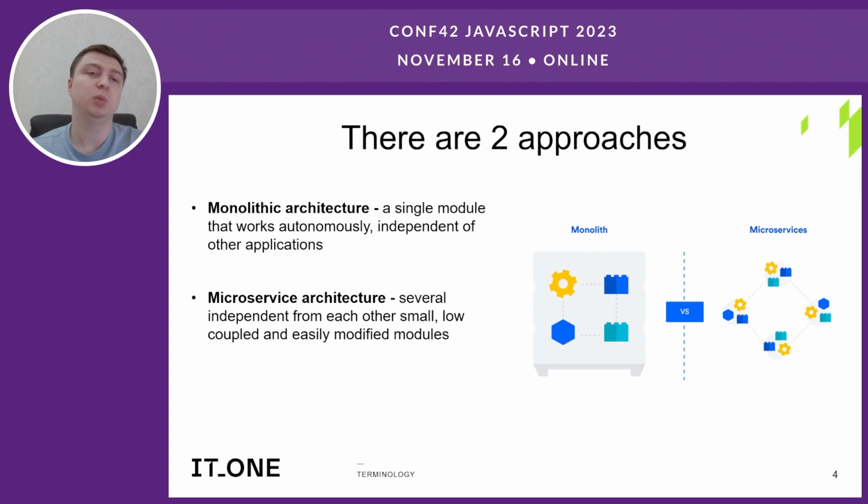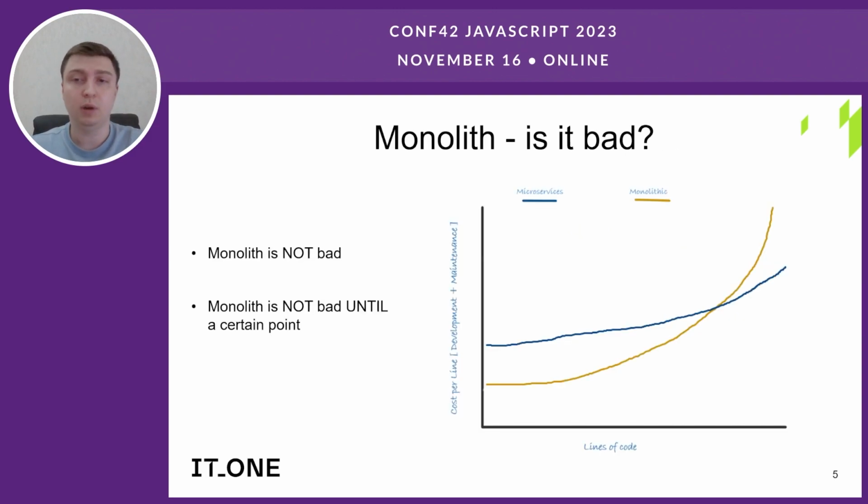The microservices approach is when you have several independent, small, loosely coupled, and easily modified modules. Just imagine the same to-do list, but on this web page, you also have a footer and header. And the footer and header are independent applications, so we can deploy them independently of each other. So this is the microservices approach. And one of the main questions of this speech: monolith, is it bad or not? To answer this question,